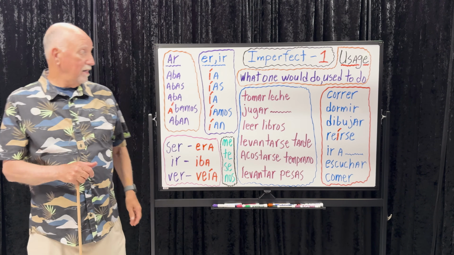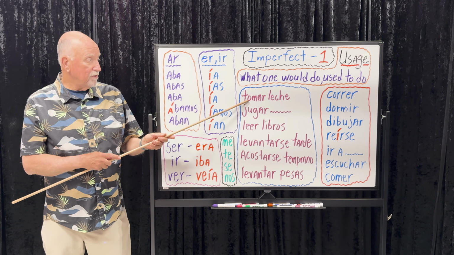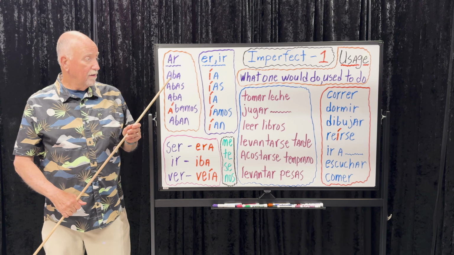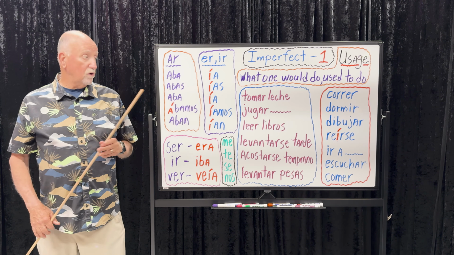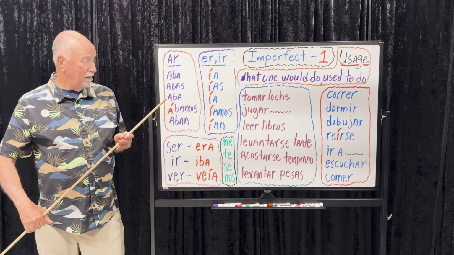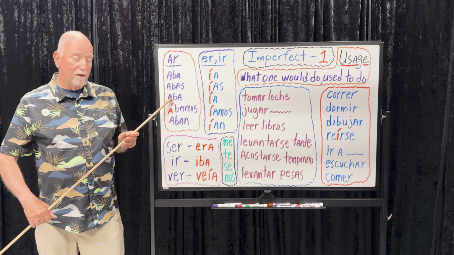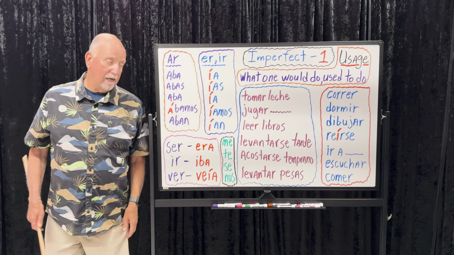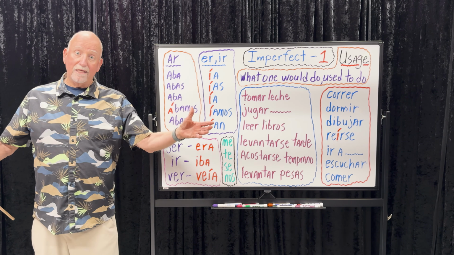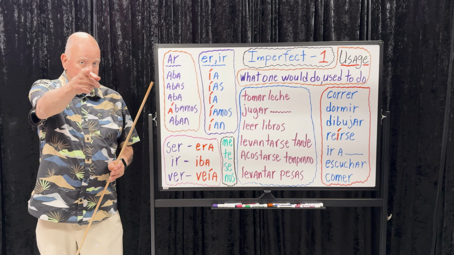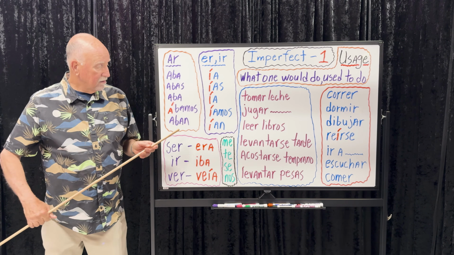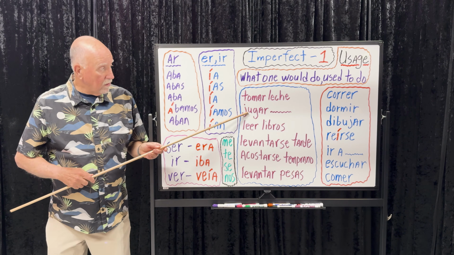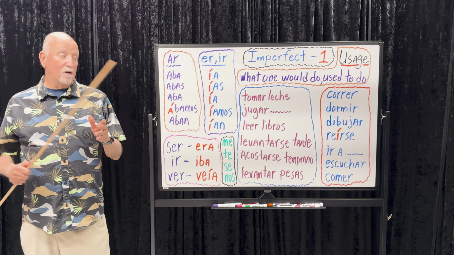All right, let's practice. I used to drink a lot of milk. Yo tomaba mucha leche. My brother used to drink a lot of soda. Mi hermano tomaba mucha soda. My friends in college, they would drink beer all the time. Mis amigos en la universidad, N factor, tomaban mucha cerveza.